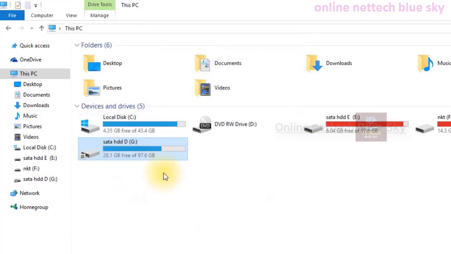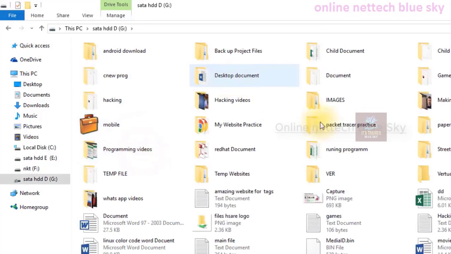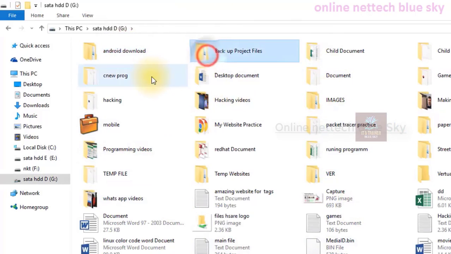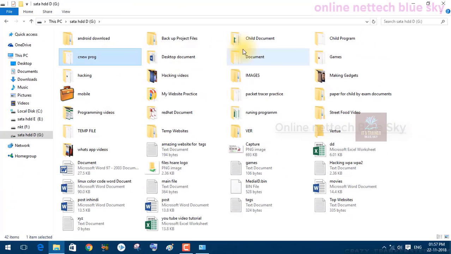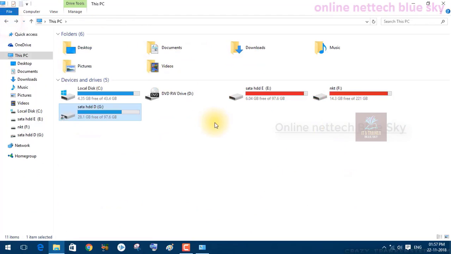That means this partition is shared, and the other computer can open all the data of this partition. So I'm allowing this partition in my network communication. First you need to enter your password, and the password is entered only on your user account.